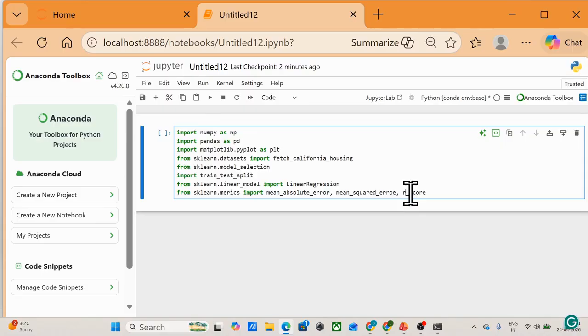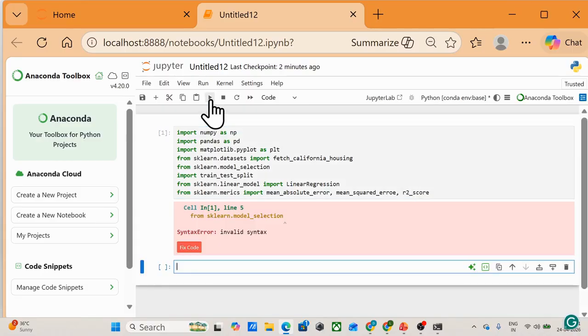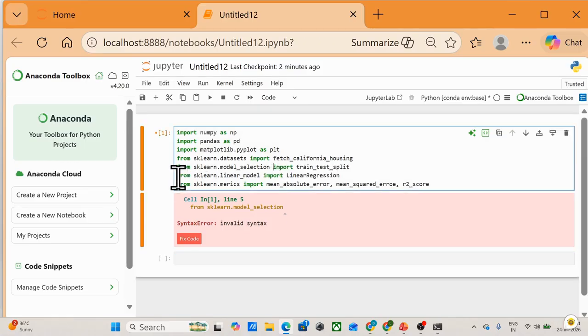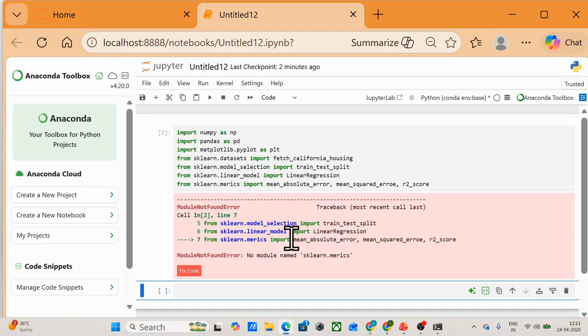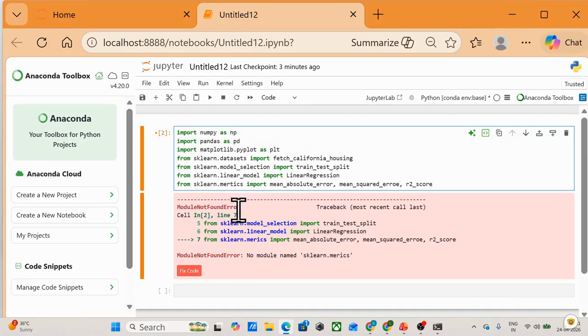Okay, so somewhere we have made a mistake. So from sklearn.model_selection. Okay, here we have made a mistake, from here we'll import it. Okay, it will be metrics. sklearn.metrics, okay, here we are.